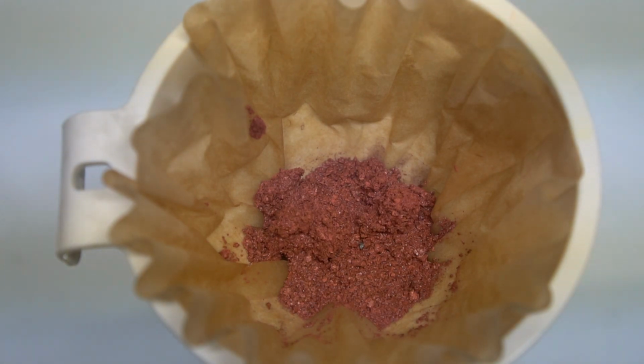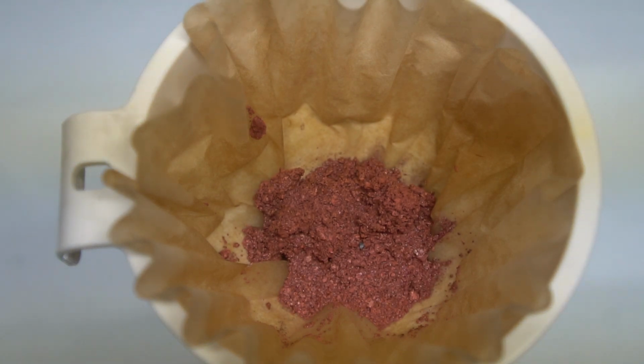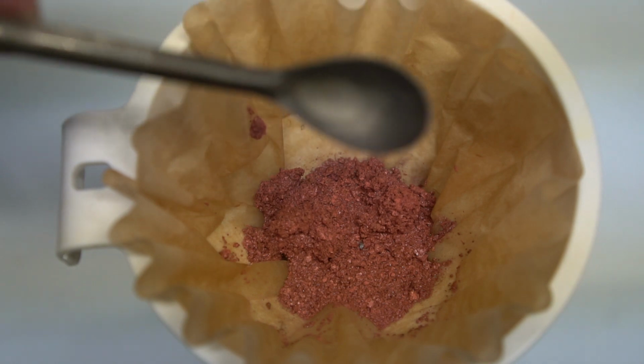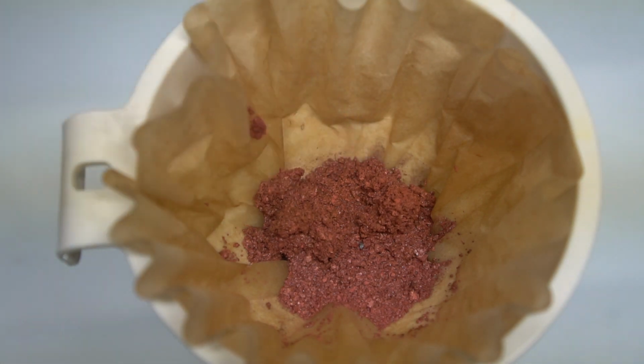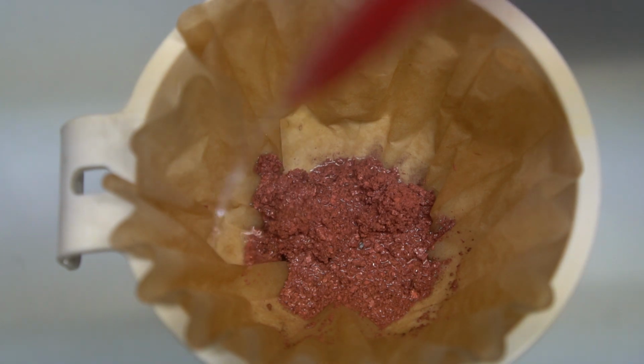Okay, so what I did was I switched filter papers, because what was in the other filter paper was mostly fine black particles of iron and silicon. All of the copper had settled to the bottom, and I was able to really easily scoop it out using this white plastic spoon. I actually have a metal spoon and spatula. It's made of iron, and it turns out that my spoon reacts with all my favorite chemicals and elements like copper and iodine. So maybe it was not a great idea to get that spoon, but I'm just going to rinse this a little bit to wash off any